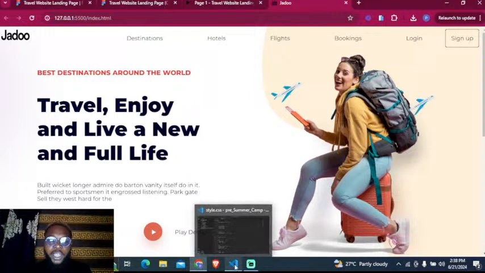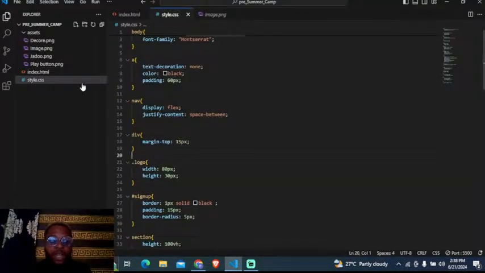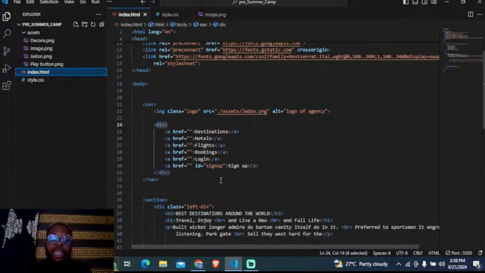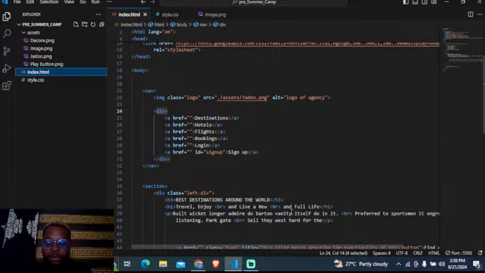Now, looking at it in the right div, we begin to write our text that says best destinations around the world, and we also have the one that says travel, enjoy, and live a new and full life. And just underneath that, we have another text that says built